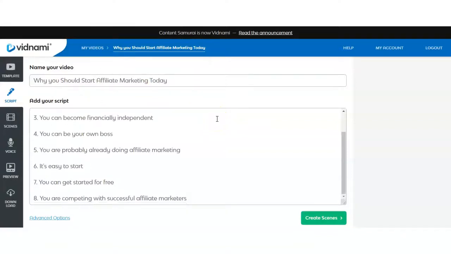Now each scene is going to be displayed based on the text and the way you have it laid out. If you have it too close together or too long, that's how it's going to show up in the actual scenes itself. So I'm going to click create a scene, and you'll see as it's the way it's laid out here, you'll see it displayed the same way on the actual scenes itself. One scene will say you can become financially independent. The other one will say you can be your own boss. Let me just click in there and give you an idea of what I'm saying here. So we'll click create scenes,